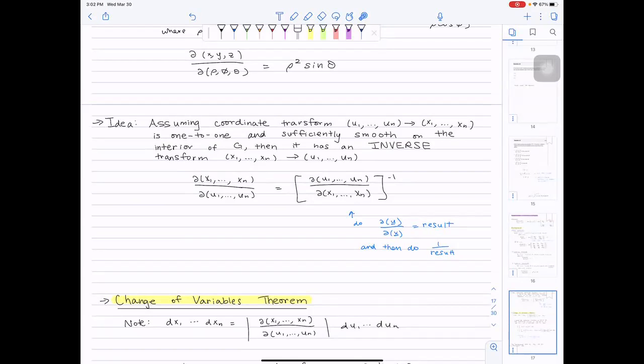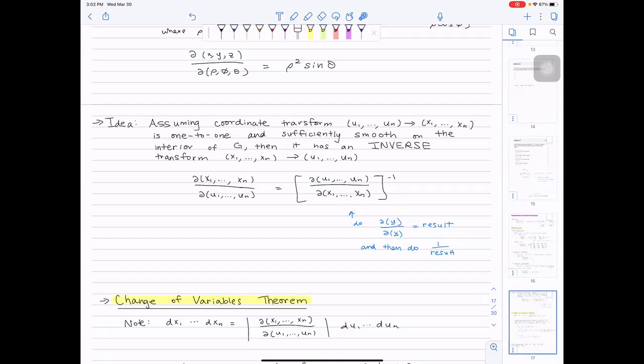But say you were instead given u equals something with x's and y's, v equals something with x's and y's. In this case, it would be much easier